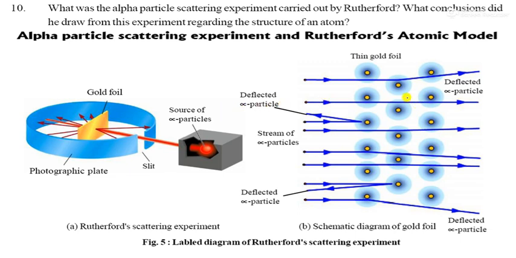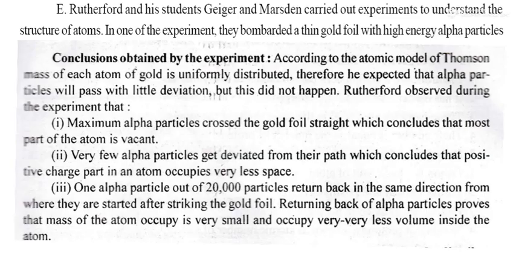So what will happen? That means the alpha particles, whenever they collide with this nucleus, go in this direction, and some are going directly, most of them going onto the transparent side, the other side. So deflected alpha particles are seen here. So you can see deflected alpha particles. Okay, so that is the labelled diagram of the Rutherford scattering experiment. So you can say this one. So what happened in this?